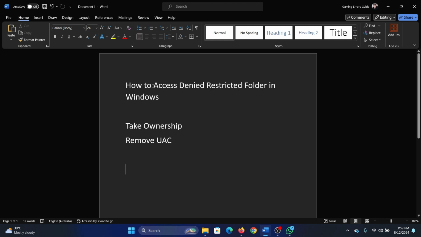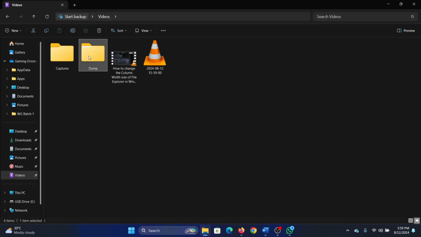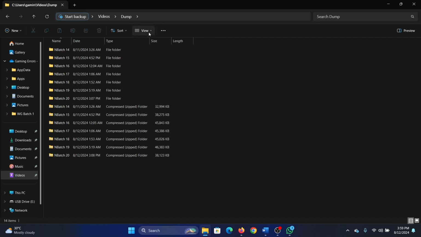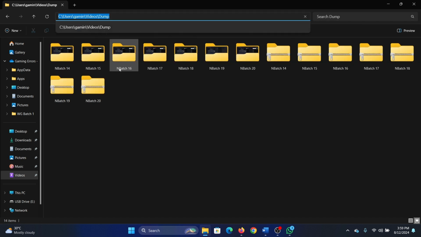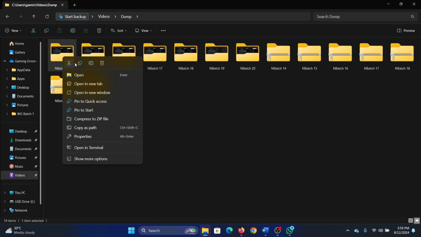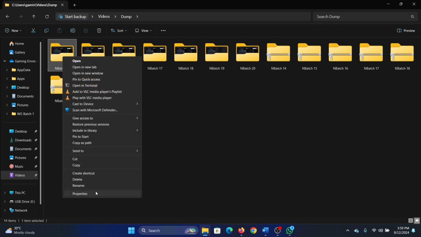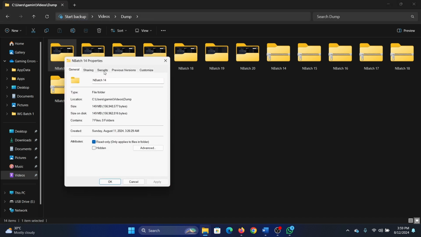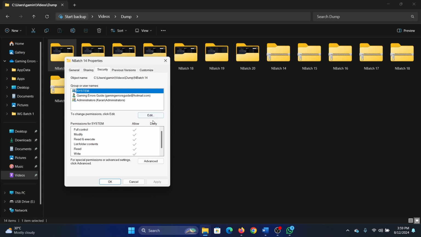Hey friends, if you encounter the issue where access is denied or restricted on a certain folder and you wish to give it access, then here's what you can do. Open a folder, okay? I'll keep it in the large icons mode. Right click on the folder and then select show more options, select properties, go to the security tab and then